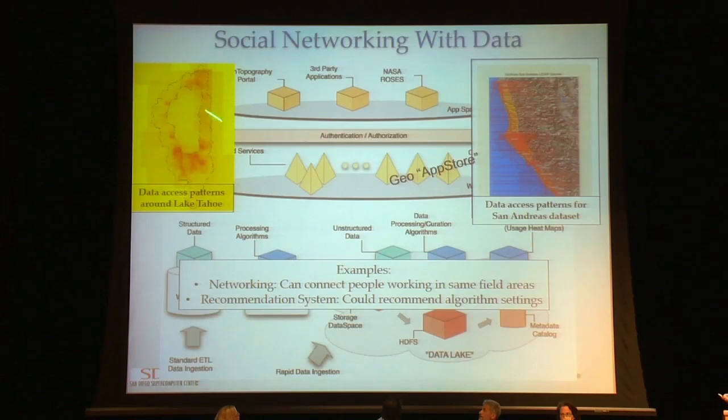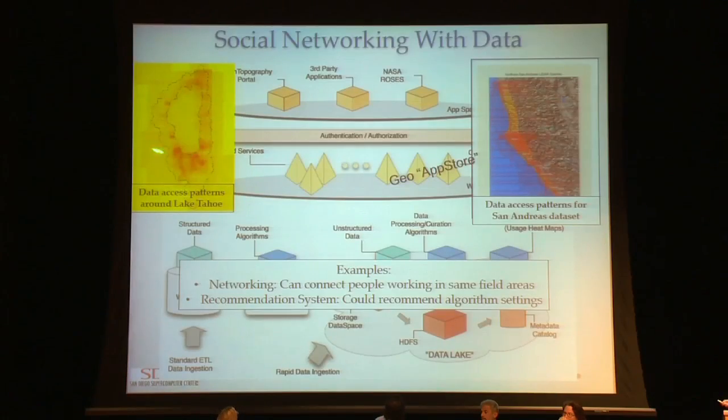So these are two data sets. That's the Lake Tahoe LIDAR data, and that's the LIDAR data for the San Andreas Fault from north to south. And what you see here, where there's a lot of red, is where a lot of users are accessing that data set. So you know where people are accessing data. You know who is accessing data in your own area or next to you. You could do social networking, connect those kind of people together. If you know some data is being accessed a lot, you can cache it and make it fast access. So these are all the